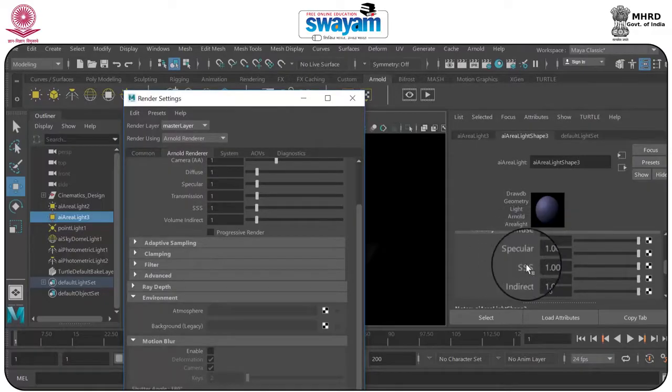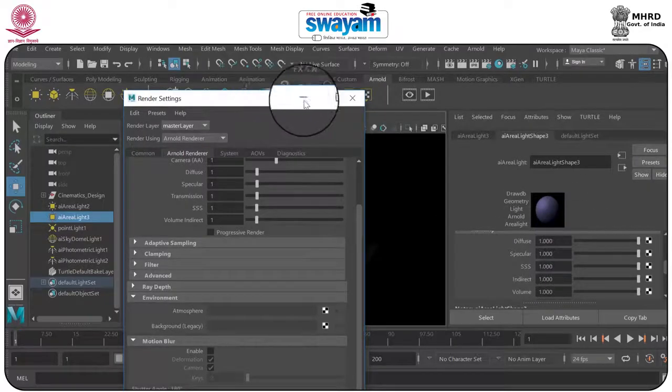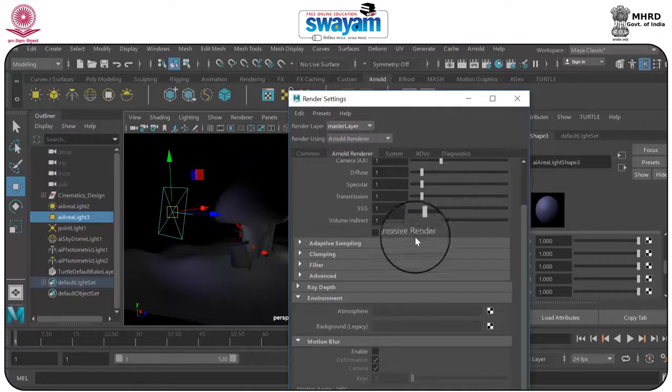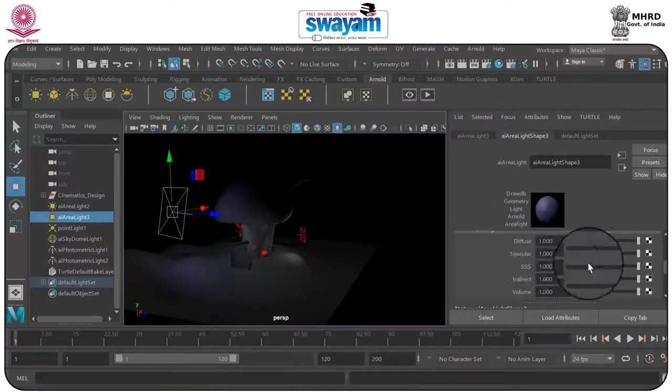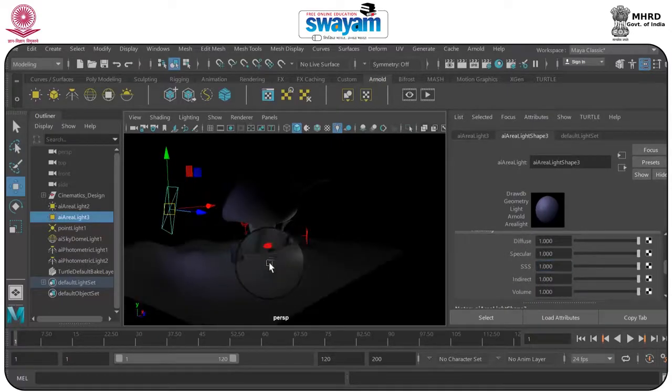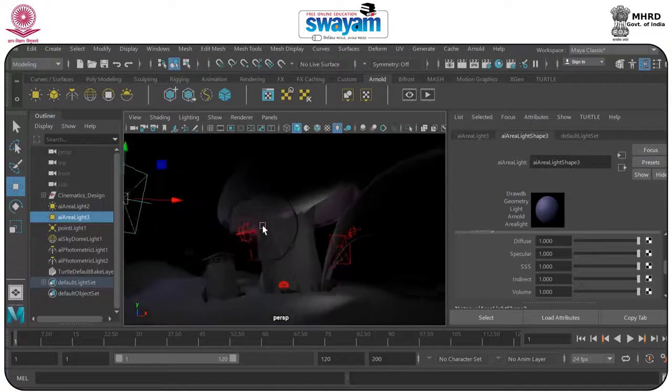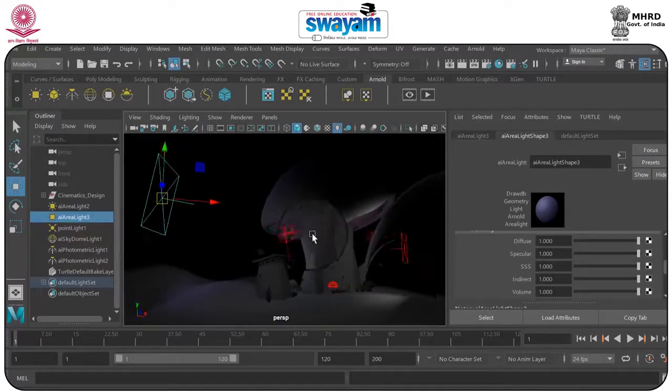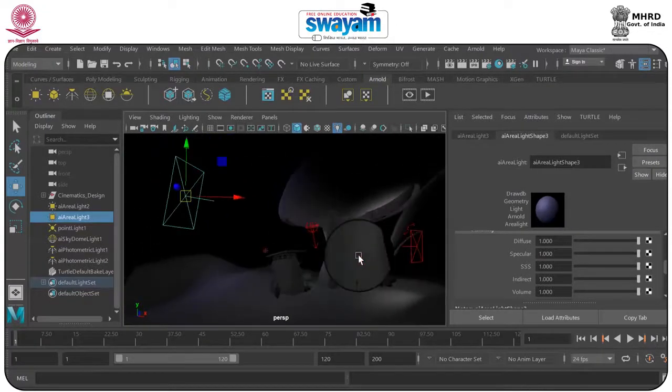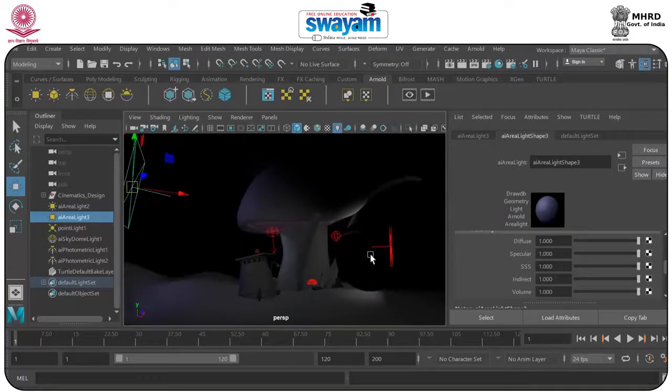This is basically inside the light, and the render settings apply when your scene is rendered. If you keep increasing its value, it also takes more render time. So now we'll use some normal lights here and start a render with it.